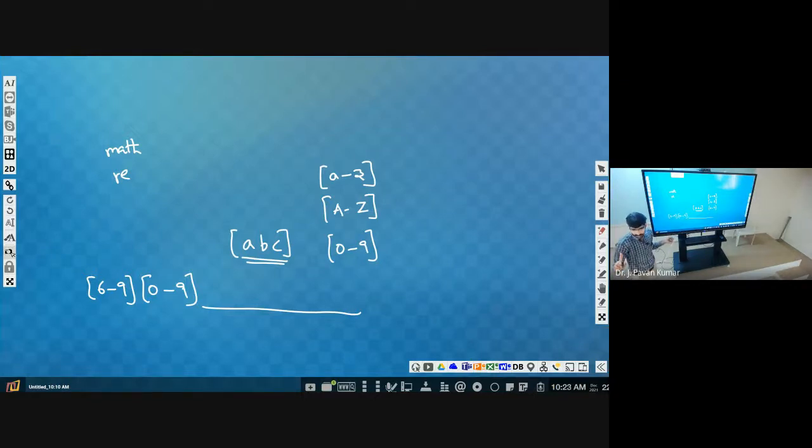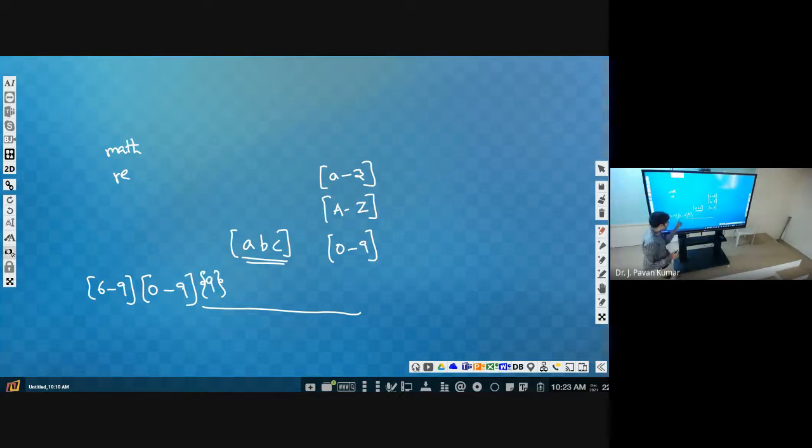This can be optimized by specifying the quantifier, how many times it has to be repeated. Such restrictions we can also impose. Understand? So consider here 0 to 9 followed by curly braces. Within the curly braces, how many times it has to be repeated can be specified. 9 times.